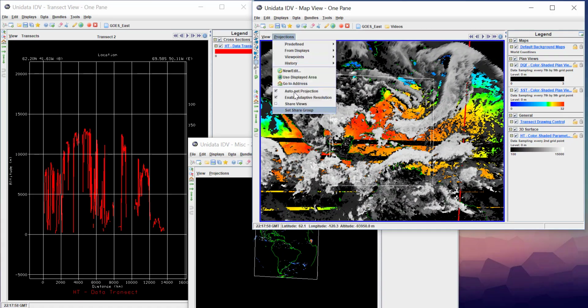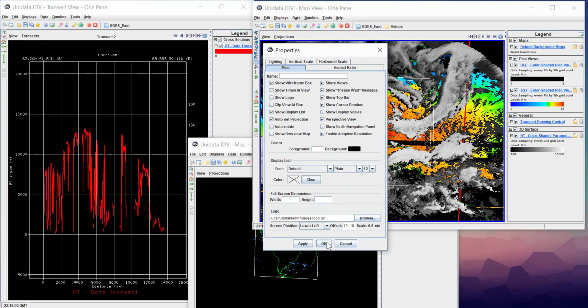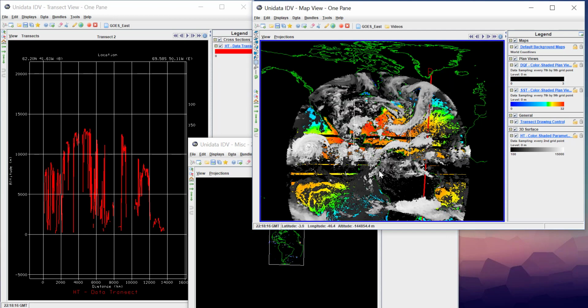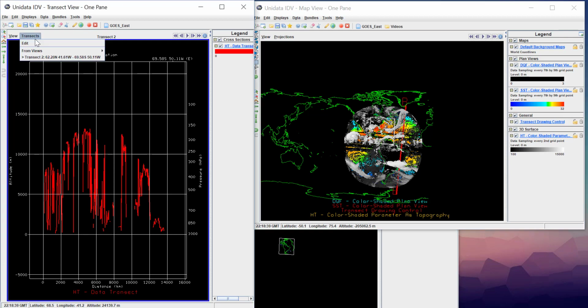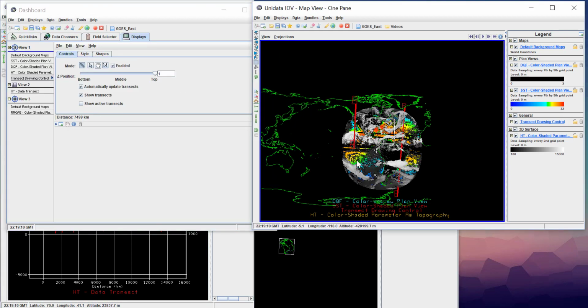We can relink the windows just as easily. I have a little bit too much fun playing with these linked windows. You can also move the transect around. I have it set to show the cloud top height relative to the equator. The transect view is the only one in this bundle that isn't affected when you rotate either of the other